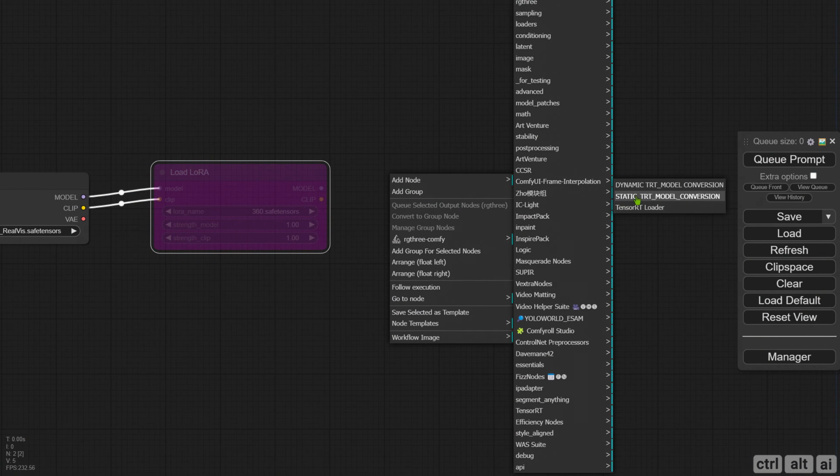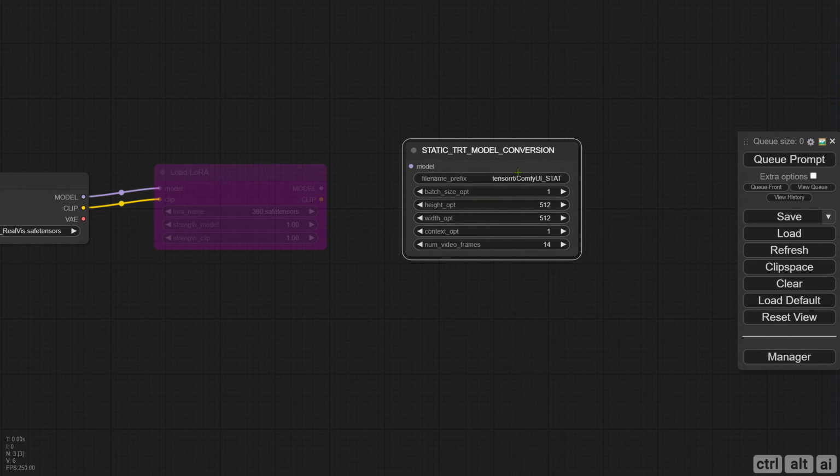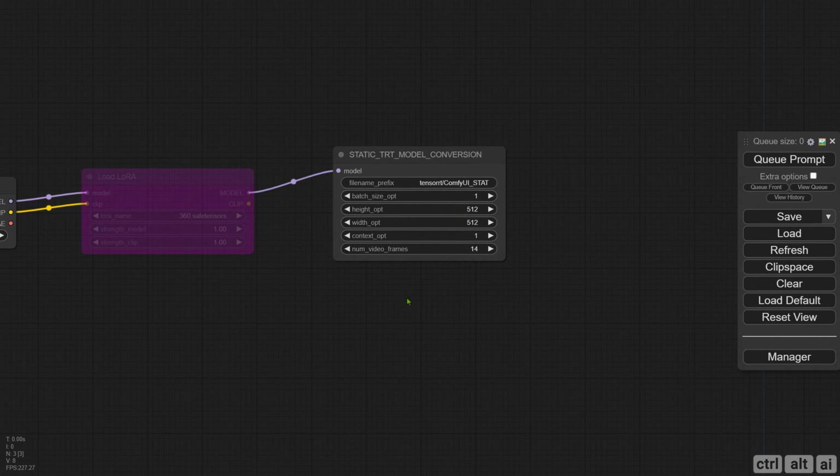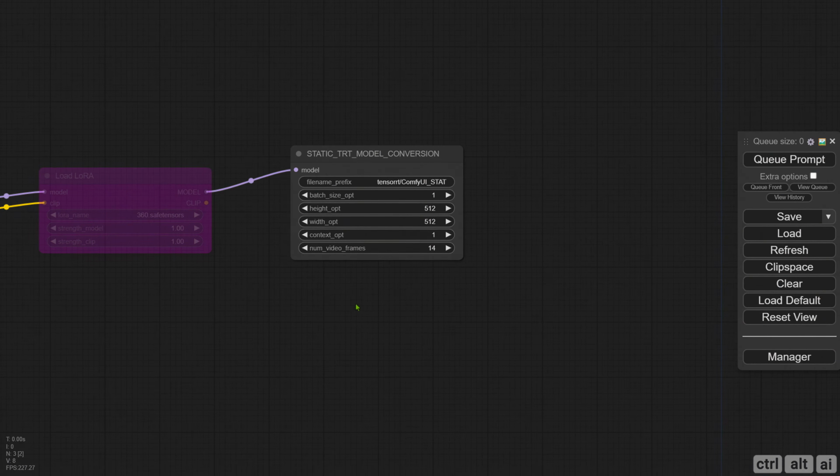TensorRT has a static and dynamic node. First, add the static one. Connect the model. So, with these two nodes alone, you can generate and convert any compatible model with static parameters. However, I will automate the workflow, allowing me to use static or dynamic with any model checkpoint I want without repeatedly changing the settings. Ensure you do not change the folder name TensorRT, as the load node will load it